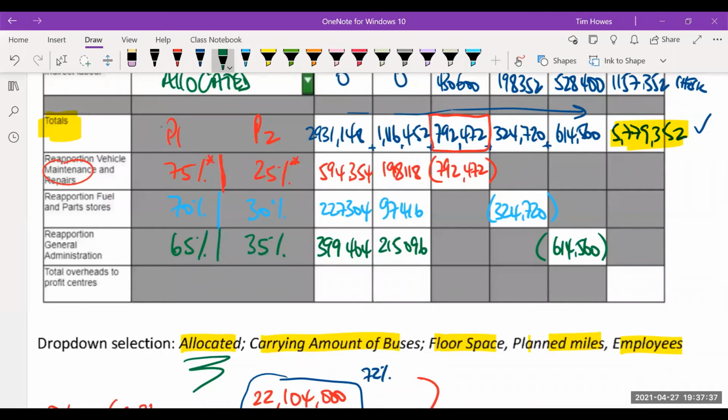Okie doke. And then finally, you add it up. So I'm going to take the total here and add on these reapportioned support services. I'm going to take the total there, and add to it these reapportioned support services there. So literally a column of 4 figures here, and I make it 4,152,270, which is going up the screen.